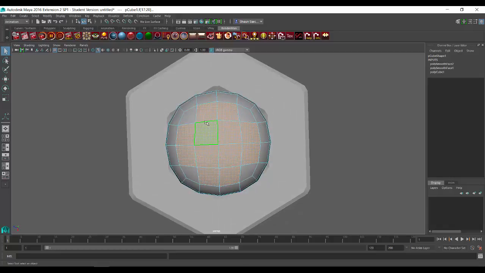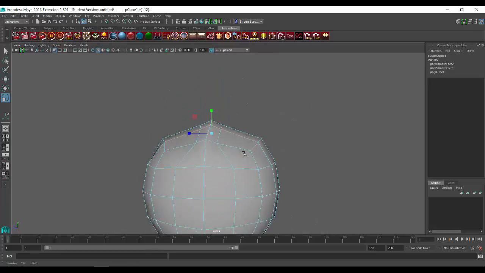Now that's pretty chunky for a Phillips or a flathead. So let's just scale these in a little bit. So I just take these and I just scooch that in. And then, oops, not too much. There we go. Let's scooch that in. And you see how I'm just creating that little plus sign right there. And now if I just grab the faces